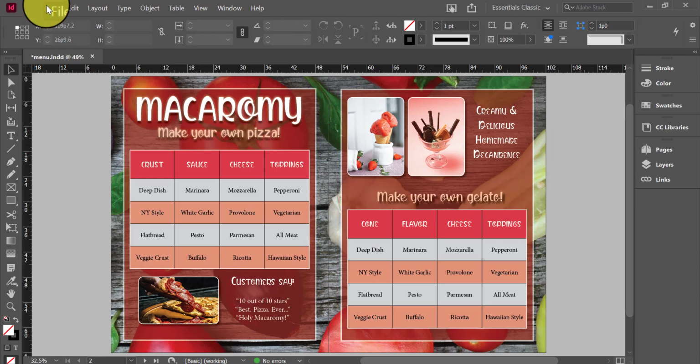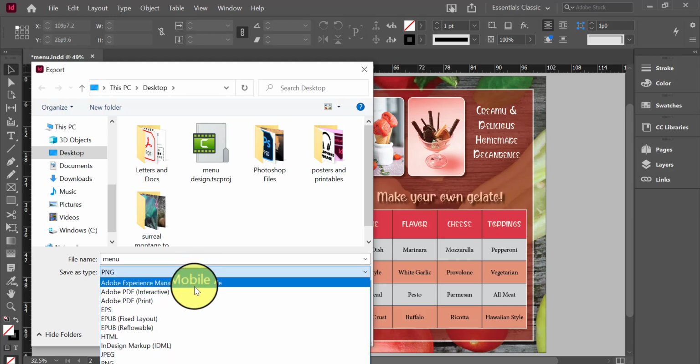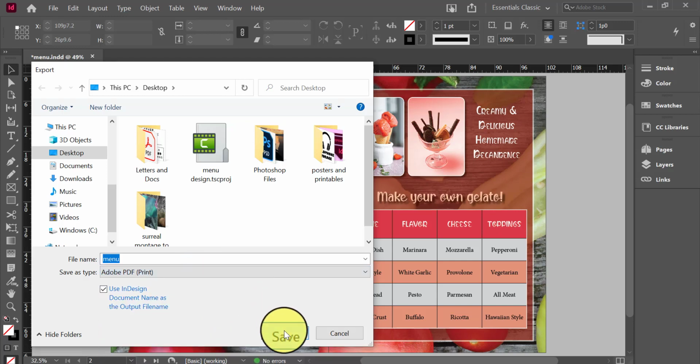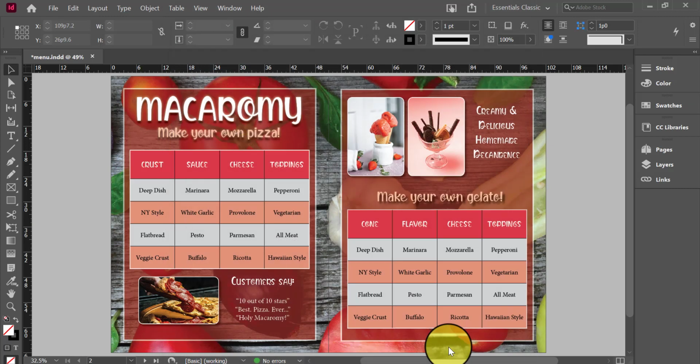So to export it, I'm going to go to File, Export, and I'm going to select Adobe PDF Print. And this is important. It should be set to spreads because I want the menu pages to be side by side. So if I select pages only, it's going to be like a typical PDF that you would see for download on a website. So I'm going to make sure it's spreads so that when I print it, they are side by side. I'm going to click export,